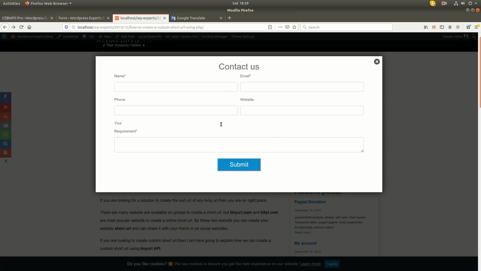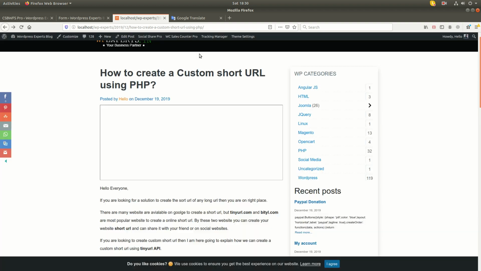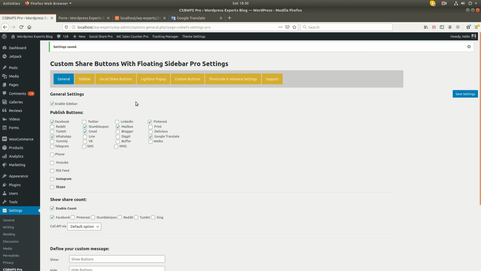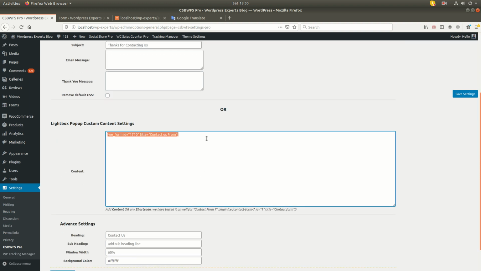But when you use Contact Form 7, as Contact Form 7 uses ajax. Okay, and in the custom form we have not used ajax, that's why validation is not working. Okay, but when you use Contact Form 7, then I am 100% sure it will work fine here. So you can use the shortcode of a form in this lightbox like this. And you can define the text here as well, like please fill all required fields.